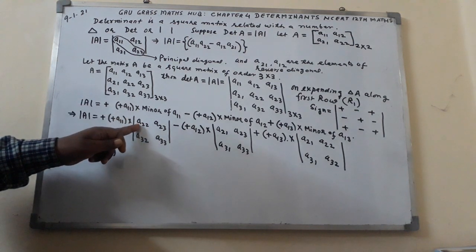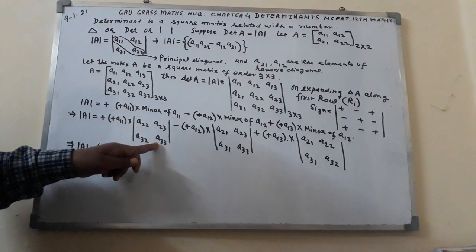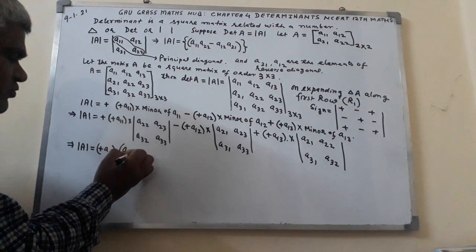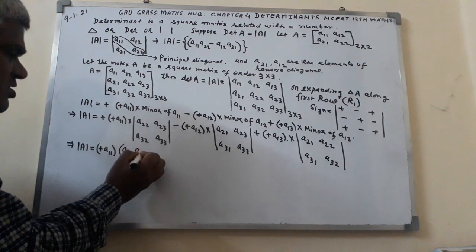The elements of principal diagonal will get multiplied together. We shall get A22, A33